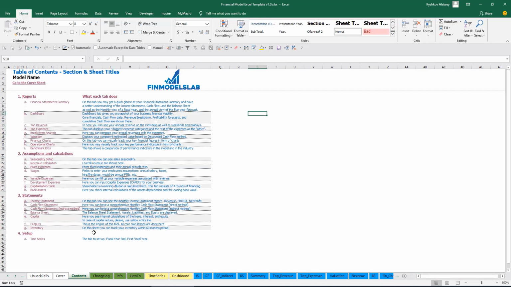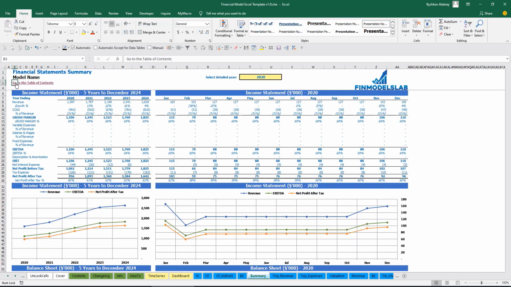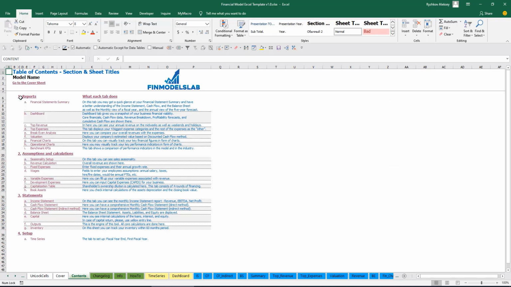Additionally, you have the Contents tab, which allows you to navigate across the model very simply. So you may click on any report and you can go back. It is broken down by reports, assumptions, statements, and setup. There is a short explanation about what each tab does, but if you want to know more, you can go to